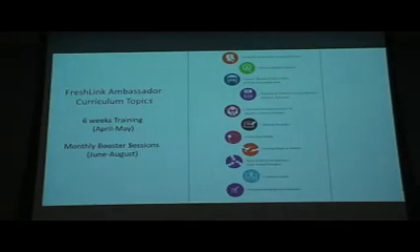A little bit about the training. Our ambassadors did go through 6 weeks of training in April and May. There were 2 sessions a week for about 2 hours, and we touched on a variety of topics, and those are the topics you see listed there. So starting at the basics, looking at nutritious food access in Cleveland and the context and the history and how that has affected our communities, through talking about how you have conversations at the farmers market, how you work together as a team, inviting people to markets and conducting outreach events. So we really tried to be very comprehensive in our approach to making sure that everybody had everything they needed to be successful this summer.